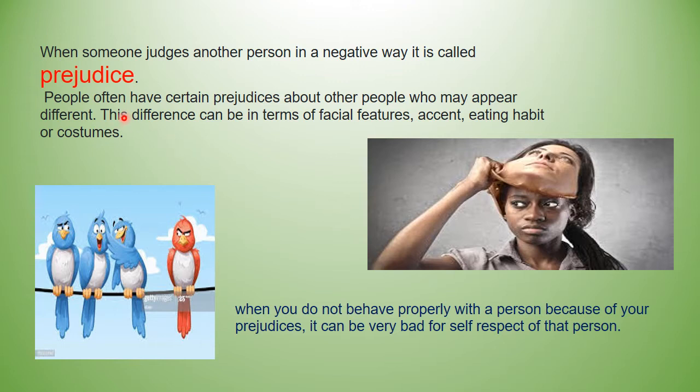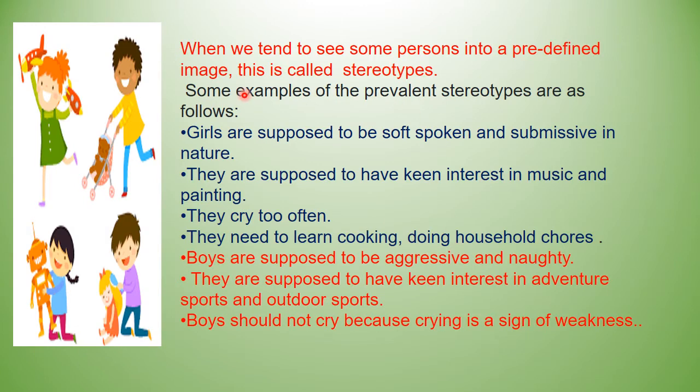So I think with this we understand what prejudice is. When we are judging a person in a negative way, this holds very important. Prejudice is always associated with a negative thought. Now when we tend to see some person in a predefined image, predefined means if it is a girl, she will play with a doll. If it is a boy, the boy will play something like cricket. These types. So if we have some person with a predefined image, there's a set image,